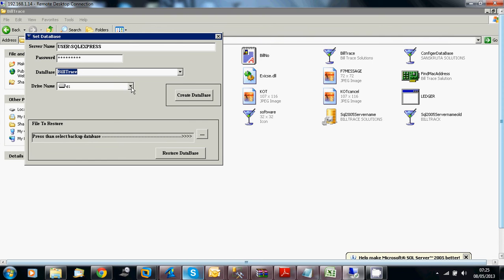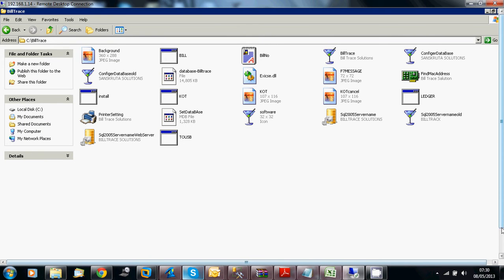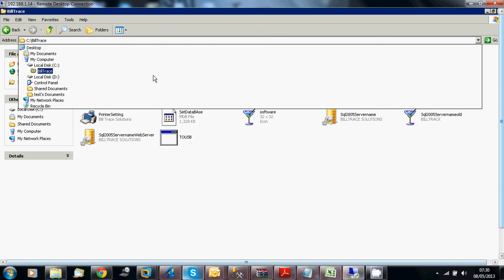Now choose where you save the database. I request all my people, even all my engineers, to restore the database into the D drive only. Now I selected drive D to create the database. Now just click on create. It will create the database in your drive D. The message shows the database was created successfully. I am checking whether the database is created in drive D or not.